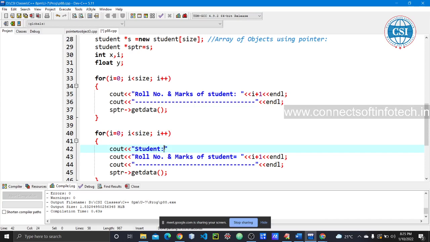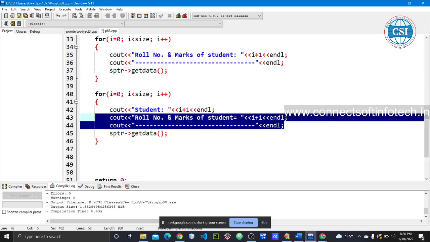Okay, so here student, this. Okay, we can write here i plus 1 for one student, that must display the 1. Okay, the first student should display 1, right? That's why we are writing i plus 1, because initially it will print 0. And endl, right? For student 1, we want to display SPTR. Okay, so we have to implement here, okay, SPTR, then student. Okay, we can write here show data, right?